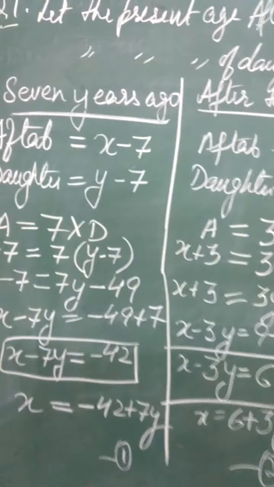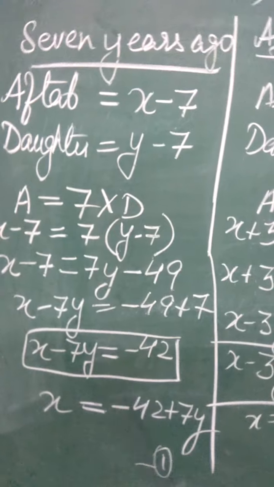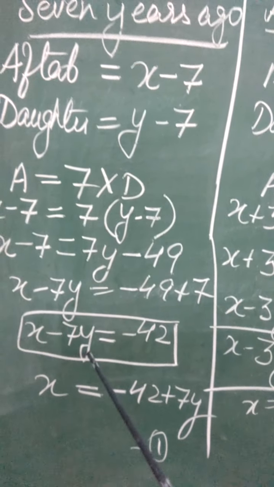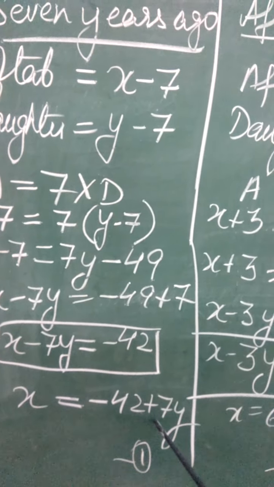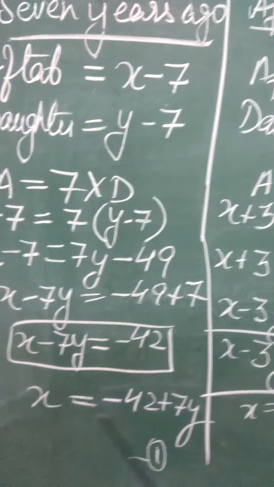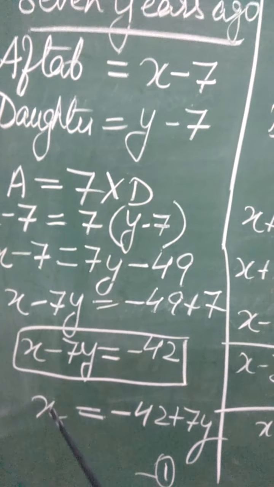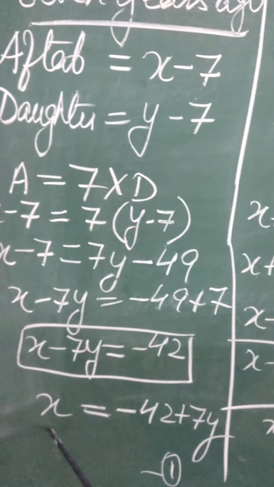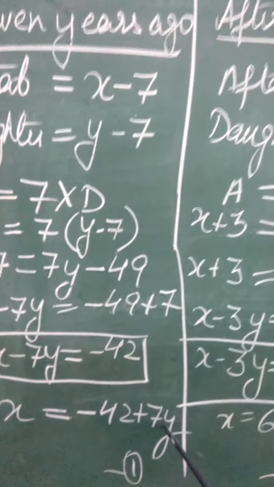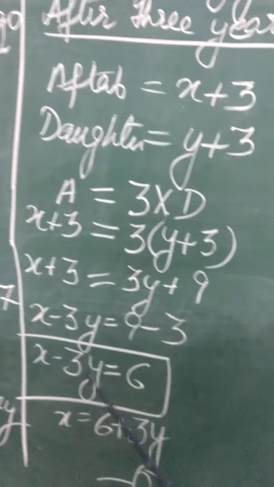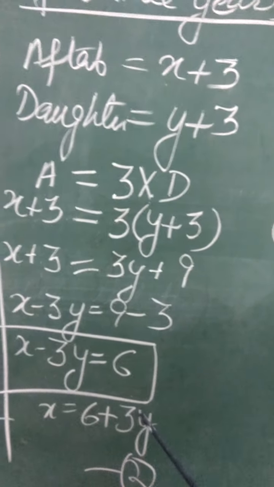So dear students, now we will convert this equation, for number 1 equation, in this form. We will take one variable to the right hand side along with the constant, and preferably we will keep that variable to the left hand side whose coefficient is 1. So we will keep x to the left hand side and take y to the right hand side. Same in this equation, we'll take minus 3y to the right hand side, it will become plus 3y.